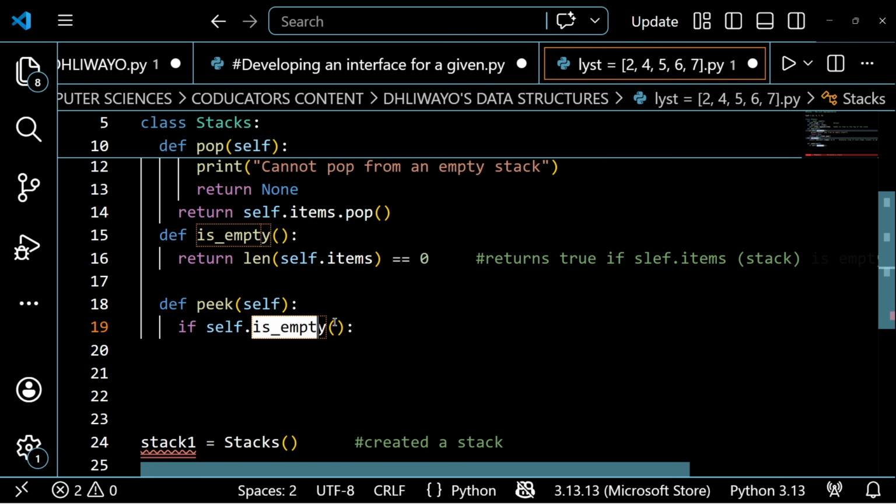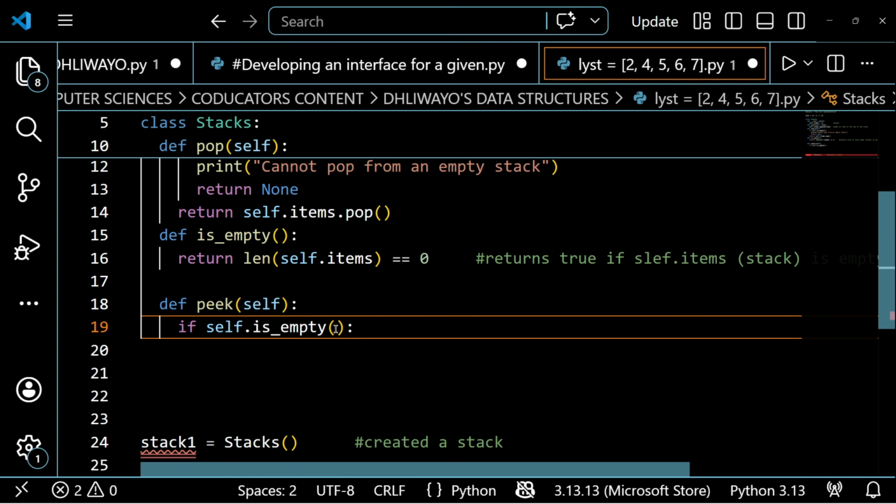That is what this method, self.isEmpty, means. So if your stack is empty and you are trying to look at the item on top, there is no item in the stack at all, so you cannot proceed, right?